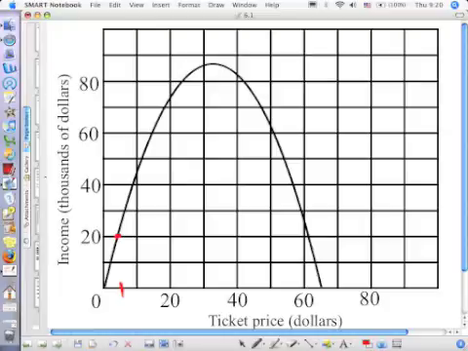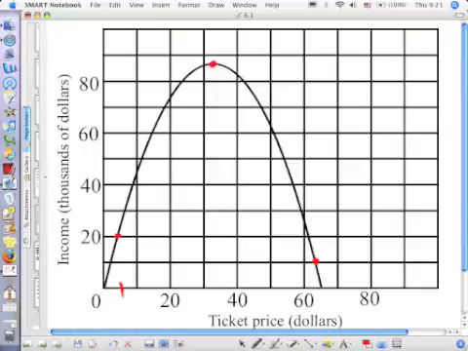Why do you think at, let's say, $63, the price is too high? Nobody wants to pay that much. This is obviously not Van Halen, because Van Halen charges $100 a ticket for like a top level seat. But anyway, the way this is used is,